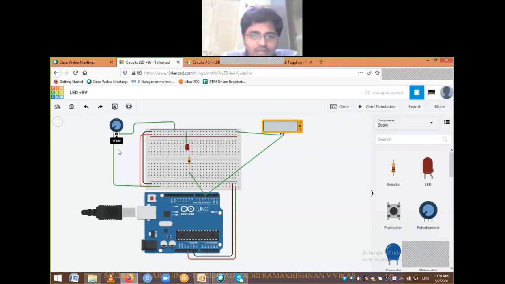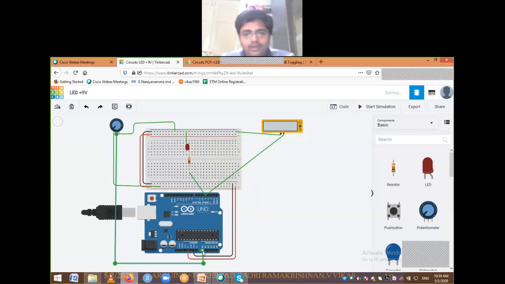So I am taking that line, and I can give it to any one of the analog pins, because whatever we are generating is an analog value. Okay, it need not be A0. I can give it to any analog pin. Okay, let me try giving it to A0.